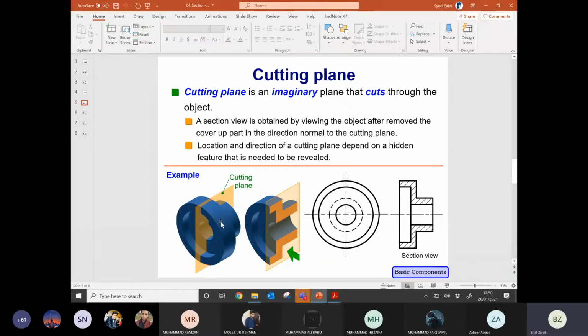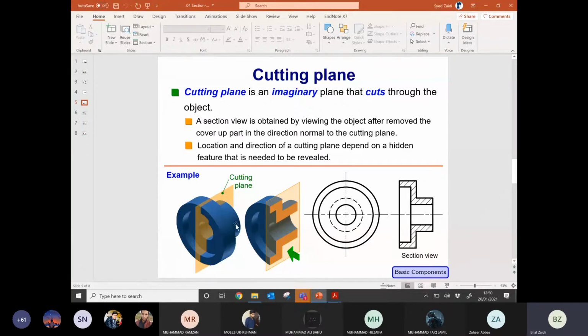You have to imagine that there is a thing which is imaginarily cutting that object vertically. So this cutting plane, when placed vertically and cutting through the object, is called a cutting plane.